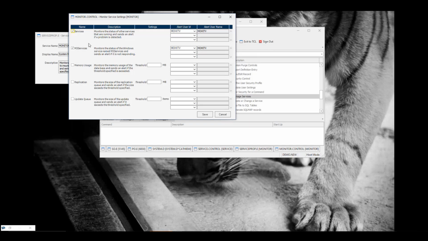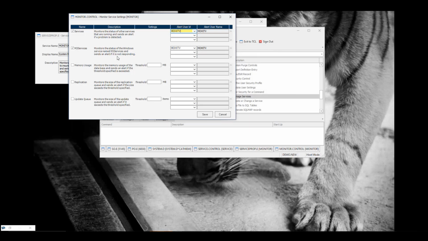At a minimum, I would always select the services option and the M3 services option. And in this case, Mohit is going to receive an alert if a problem is detected with either of these